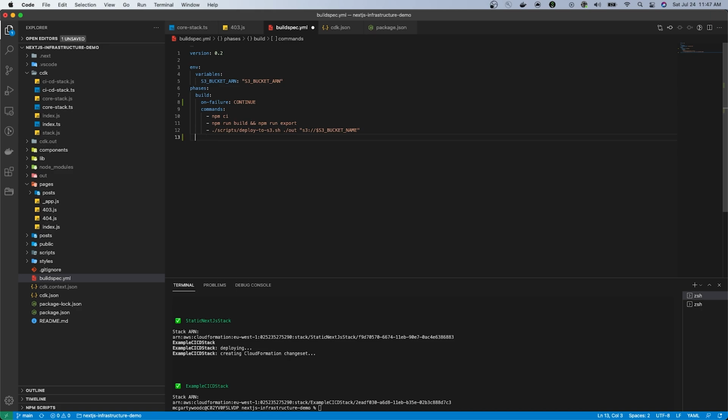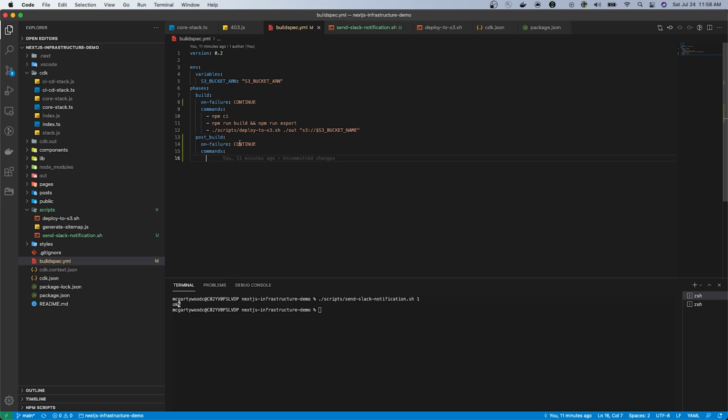The on-failure property we are adding is just to ensure that the pipeline continues if there are any failures. Eventually, we would want to be able to distinguish between a successful and a failed build, but that can come at a later date. Add a call to a bash script named send slack notification.sh and call for it within